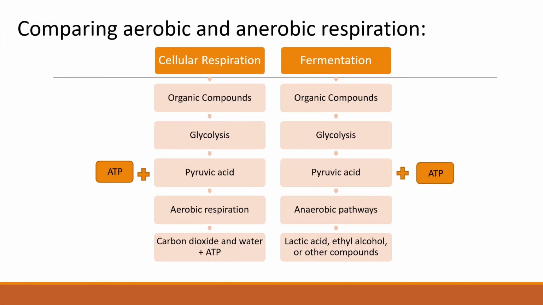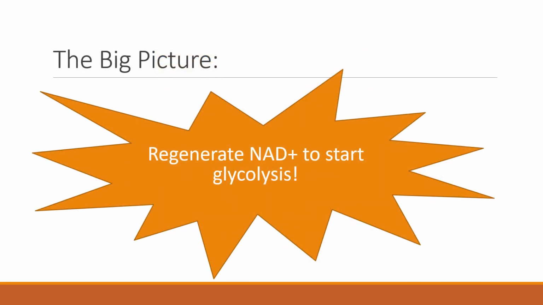Comparing aerobic and anaerobic respiration reveals that for each molecule of glucose that is oxidized, fermentation only produces 2 ATP. This is 15 times less than the 29 ATP produced during aerobic respiration. This concludes that anaerobic respiration, also known as fermentation, is highly inefficient compared to cellular respiration. The whole point of fermentation is to provide the cell with enough NAD+ to start glycolysis and produce ATP.